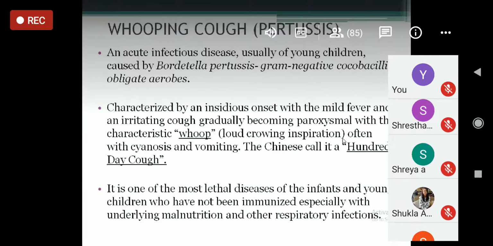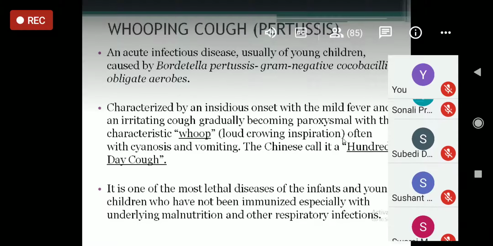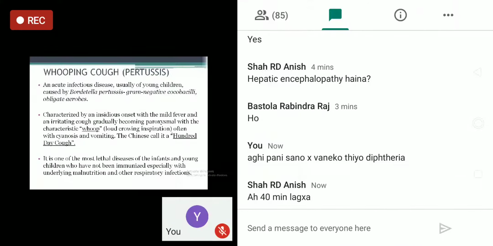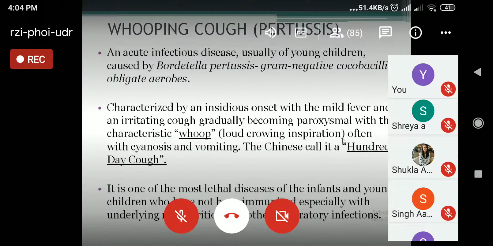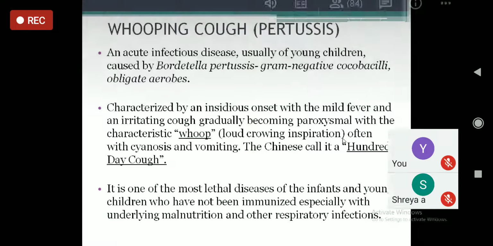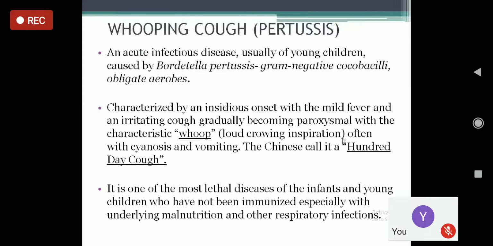Paroxysmal, that is paroxysmal cough with the characteristic whoop. Whoop is a loud crowing inspiration. So what happens when a child cough